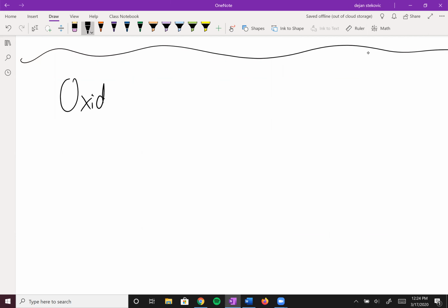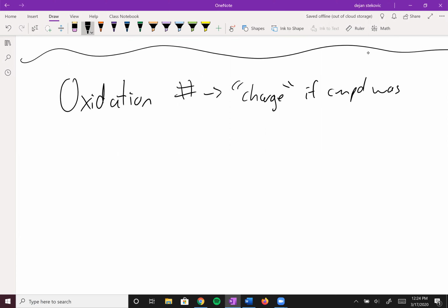First of all, remember what oxidation number is, and it's the charge if the compound was ionic. So we're going to pretend basically everything is ionic, and we're going to say, well, if it was ionic, this is what the charge would be. So just some rules that you need to kind of memorize and know